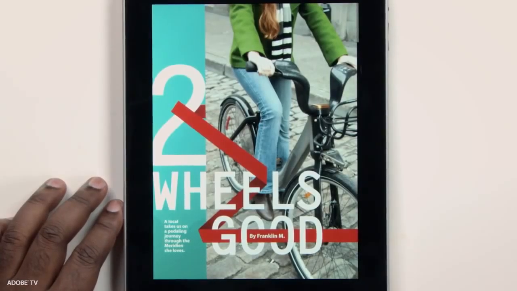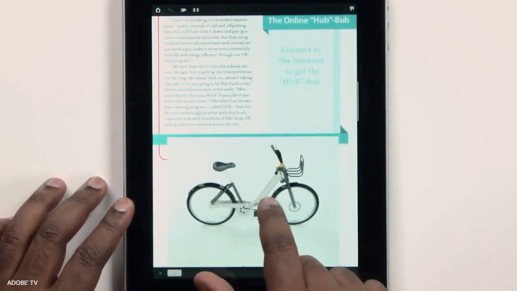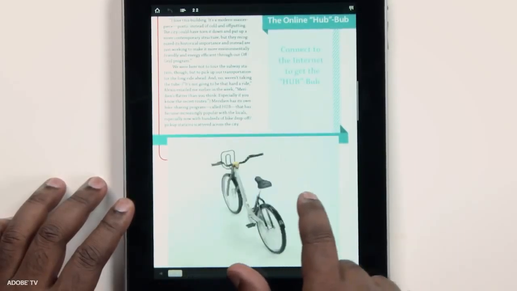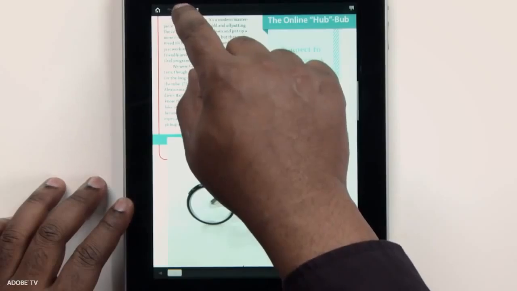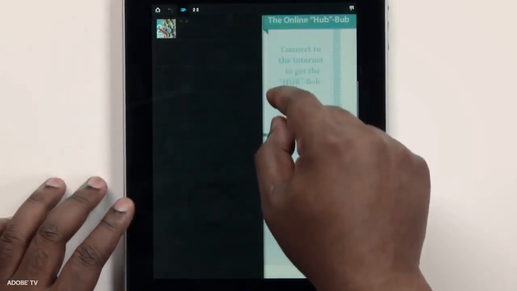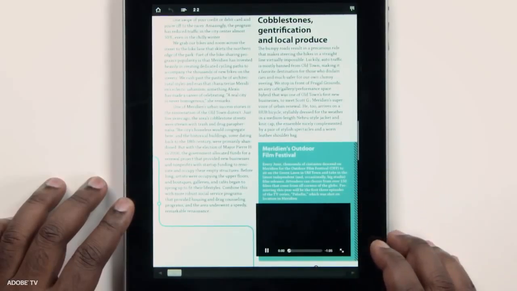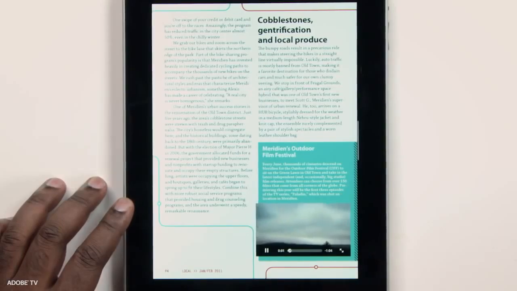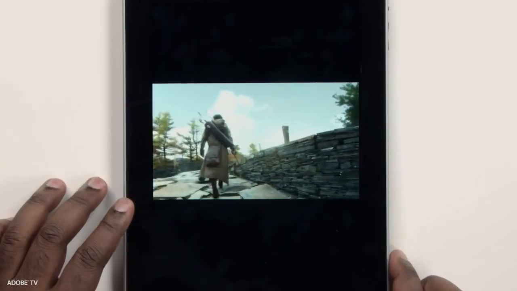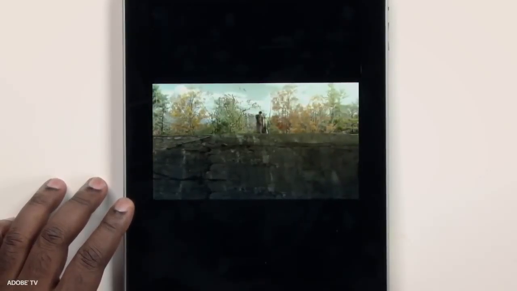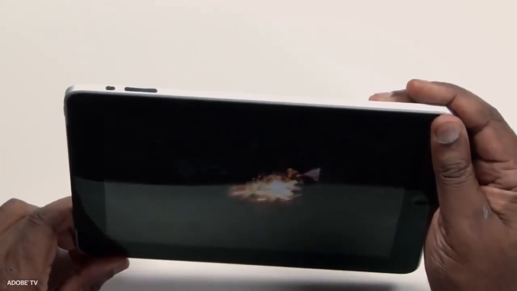And again, the same experience that we saw in the Content Viewer. I can flip up to go to the various pages. I can interact with the content, such as the bicycle that I can spin around. This is working great. I also have the table of contents or the thumbnail that we saw there earlier. And let's go ahead and flip up here. We have our video. And again, we're playing the video inline, but of course, using the overlay creator, I can also have that video play full screen. So I can tell it what to do inside of InDesign CS 5.5, and of course that translates to the tablet device both horizontally and of course